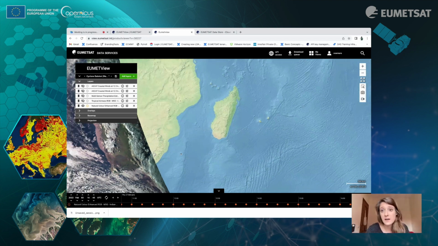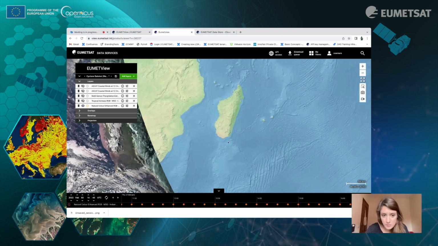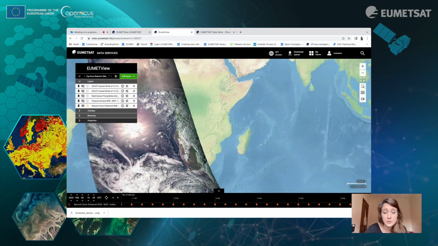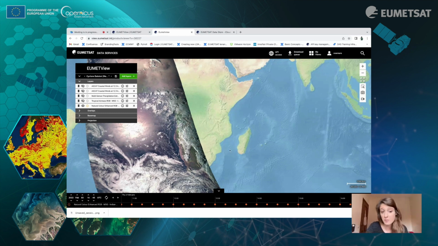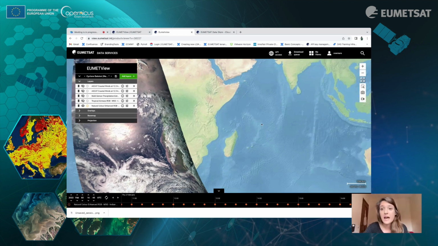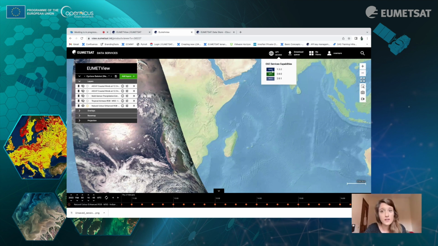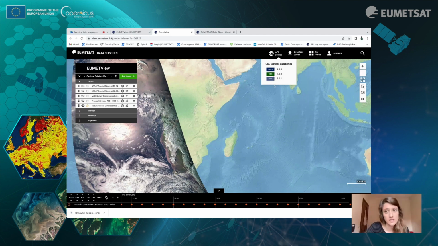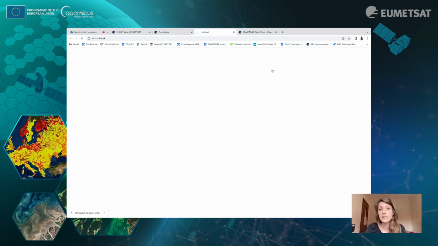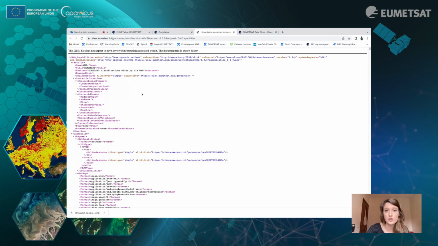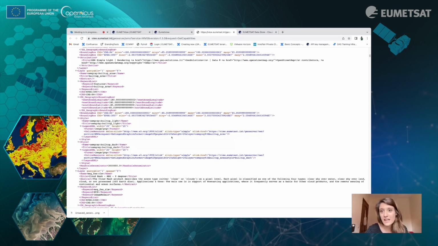Of course, all these steps are quite simple to do and to follow. It's just like playing around a little bit with it, and then you will be able to create a great image. As I was mentioning before, we do also have API accesses. So if you click here, you will be able to see the WMS, WMFS, and WCS. So these were the three different services I was mentioning before. In the moment you click on it, you will just be able to get the API and just use it in your code. It just works just fine.